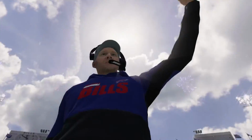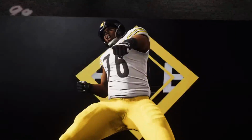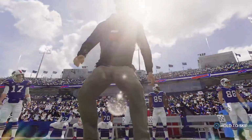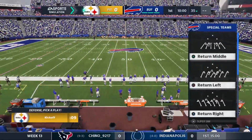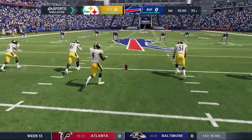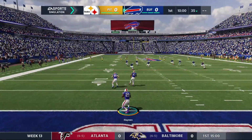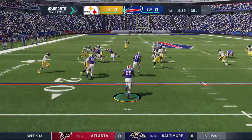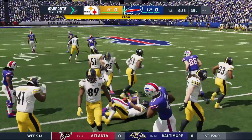Today, from Orchard Park, New York, it's Week 13 of the NFL on EA Sports. Winter is just around the corner as you get a look at Bills Stadium just south of Buffalo, New York. Today we've got a Week 13 matchup for you here between the Pittsburgh Steelers and